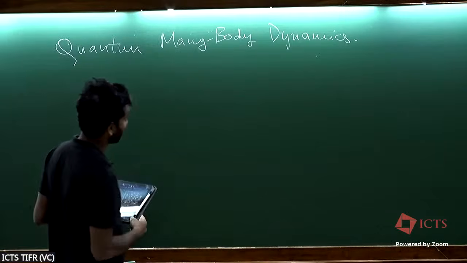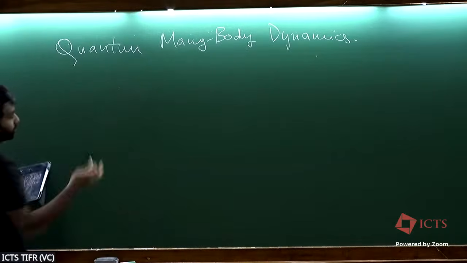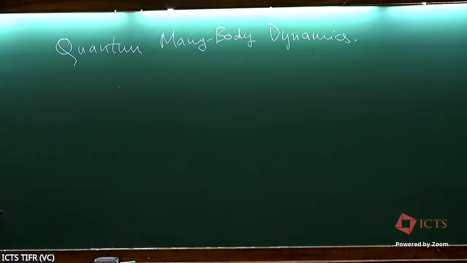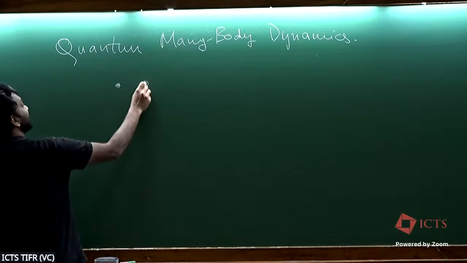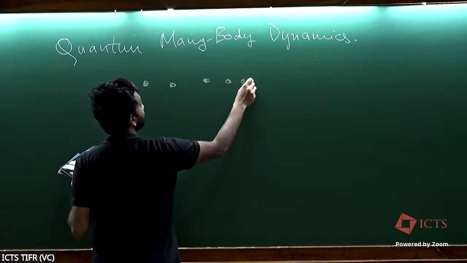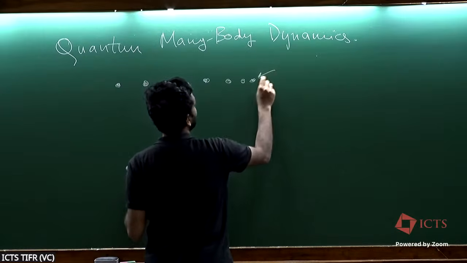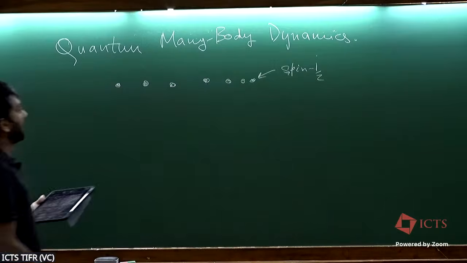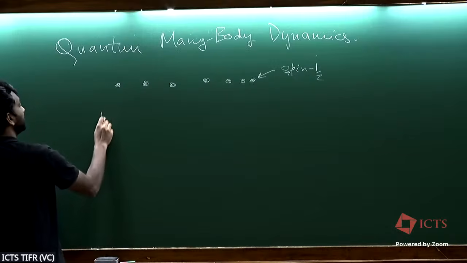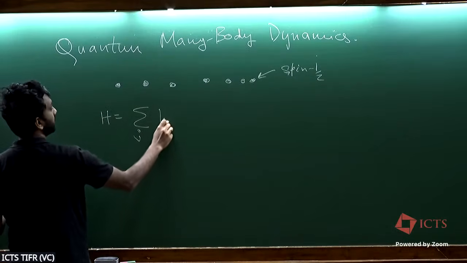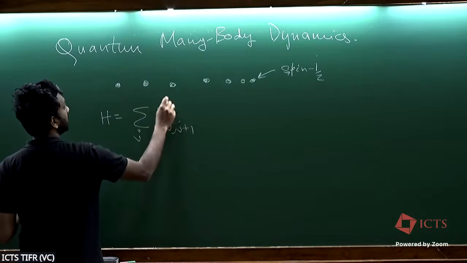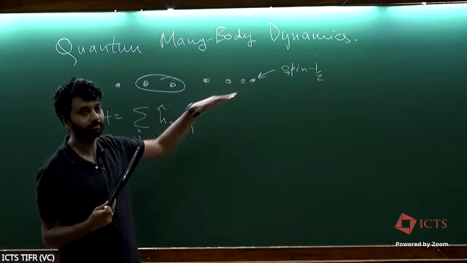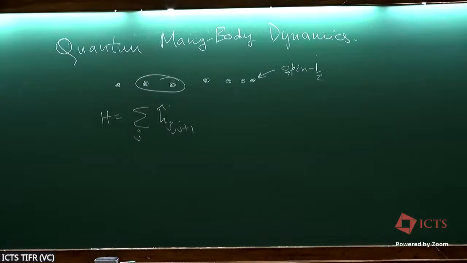So just to set the stage, in quantum many-body dynamics, at least, people are so far simple-minded. There are no categories to begin with. So we have a regular Hilbert space where you have some degrees of freedom, which you can take as, say, spin half degrees of freedom. And then we are interested in, of course, local Hamiltonians. So the Hamiltonian is a sum of local terms, say j, j plus 1. Right? And for concreteness, I'll just focus on one dimension, but you can imagine generalizations to higher dimensions.